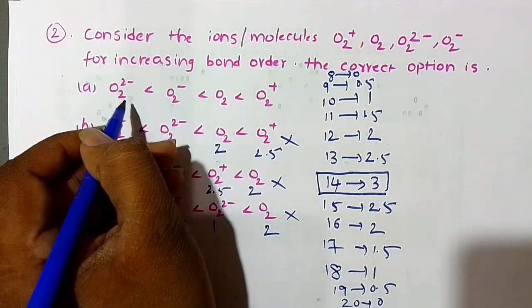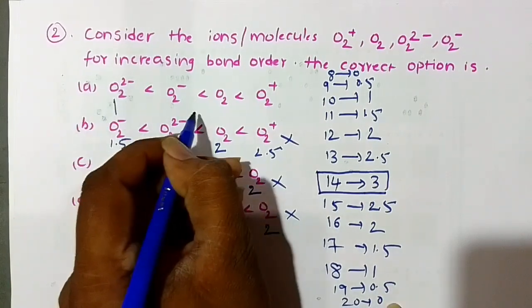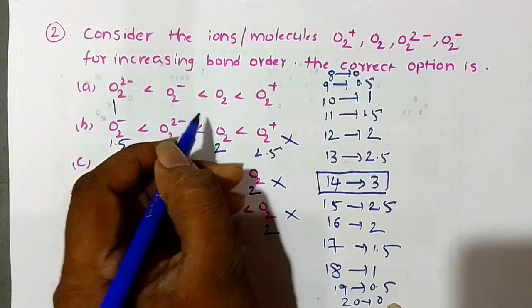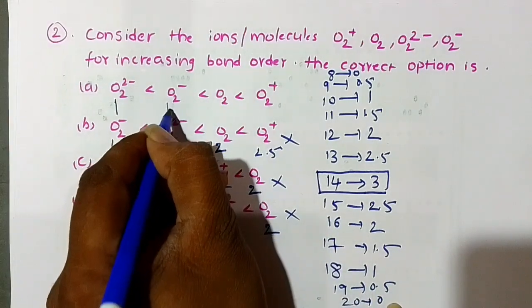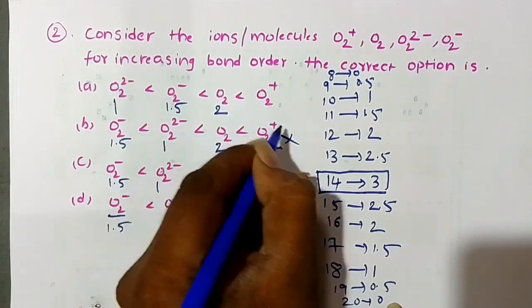Now coming to the first option. O2 2- has 18 electrons, that is bond order 1. O2- has 17 electrons, 1.5. O2 has 16 electrons, the bond order is 2. O2+